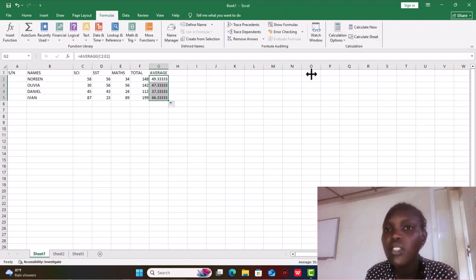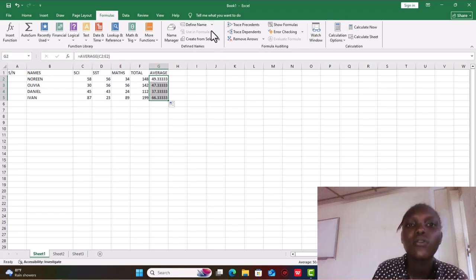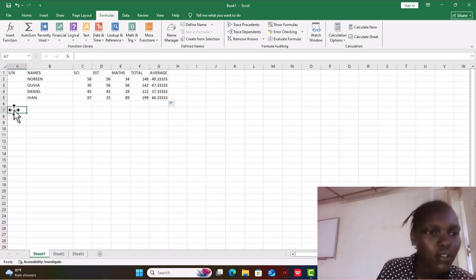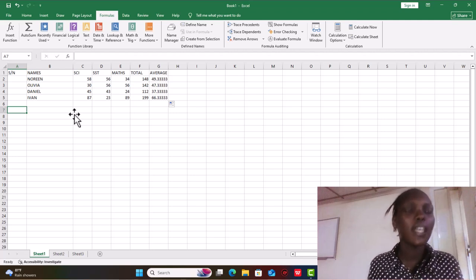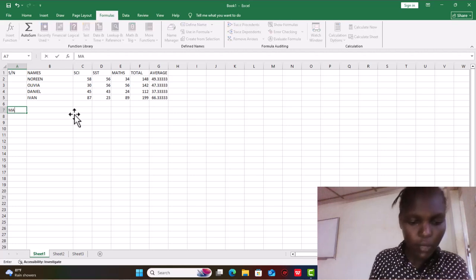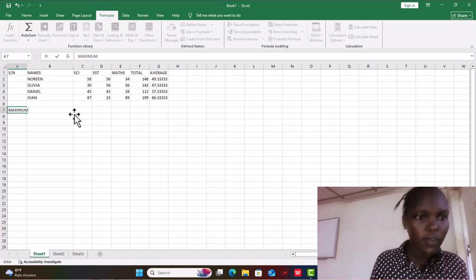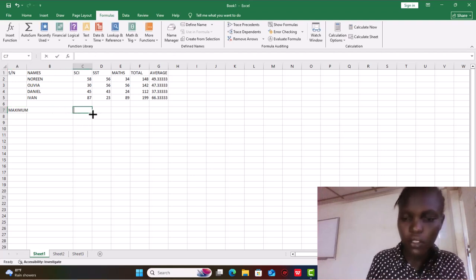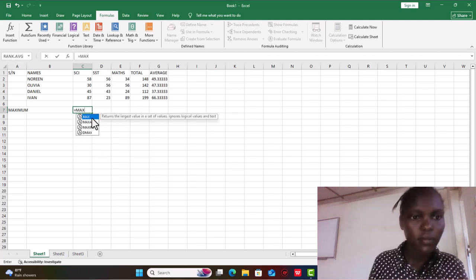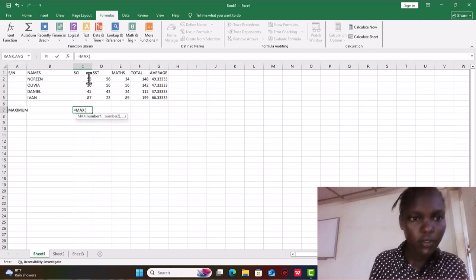But if you want to use the formula, you can also go to use formula, and then you use it. It's simple to use. And then you can also feel like getting the maximum, the highest mark that was attained. Then you come here, equal sign, max, open bracket, maximum for science,